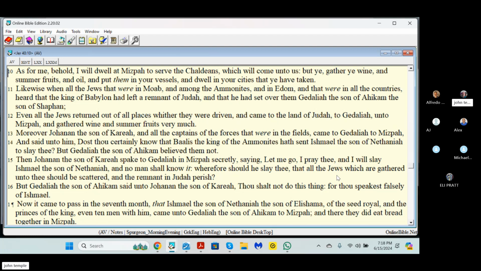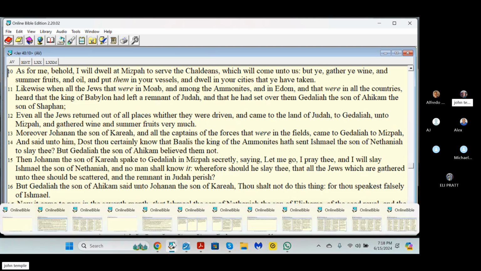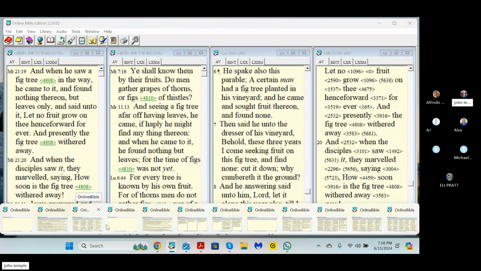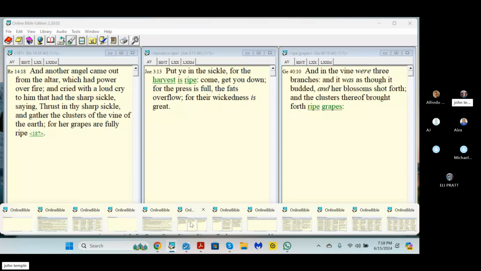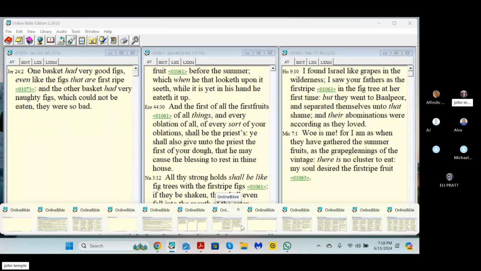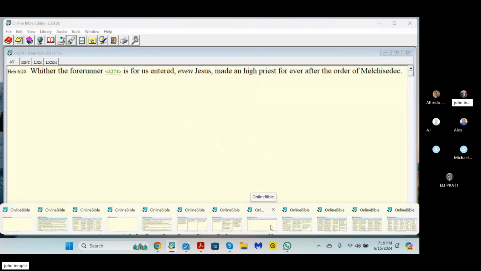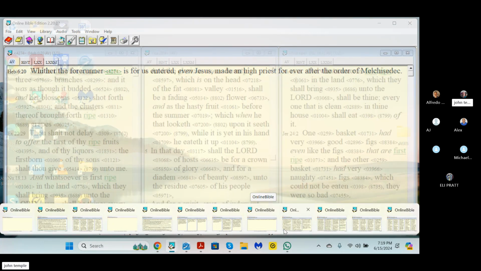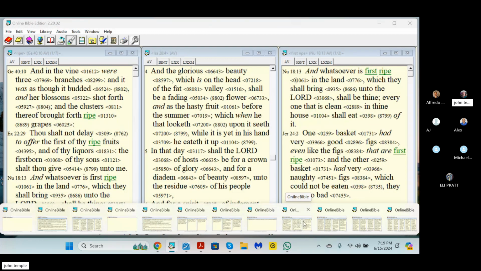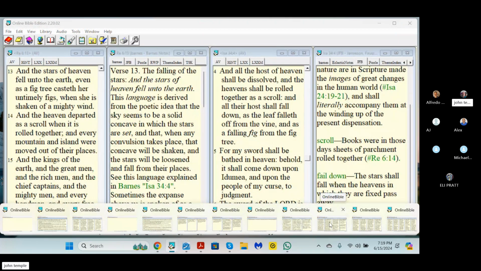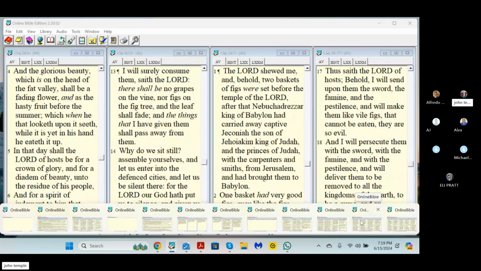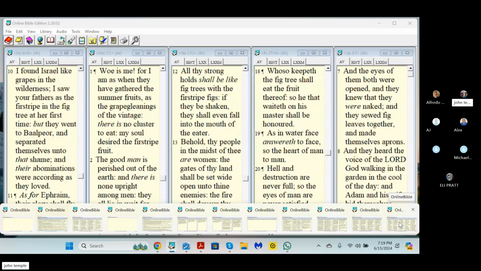they still had it. Let me see. And then Hosea. What am I looking at? This one. No. I'm looking at Hosea. Habakkuk 3:17, Jeremiah 5:17, Hosea 2:14. Where is it? Oh. All right. 29:17, all right. I don't see it here, but I'll have to get back to that.